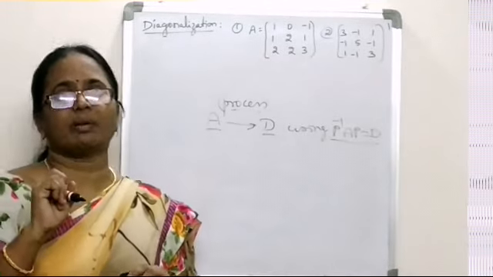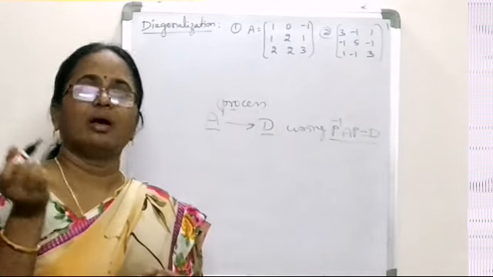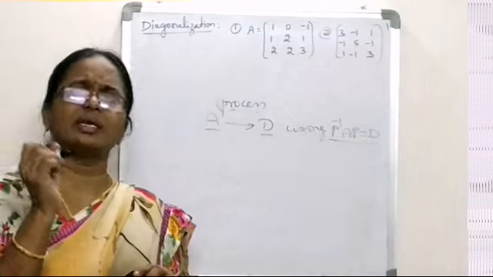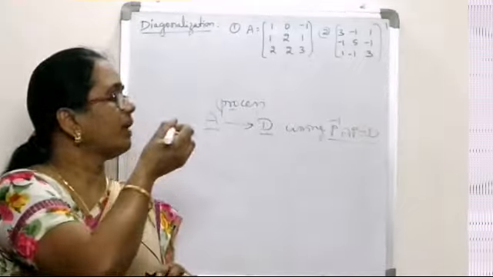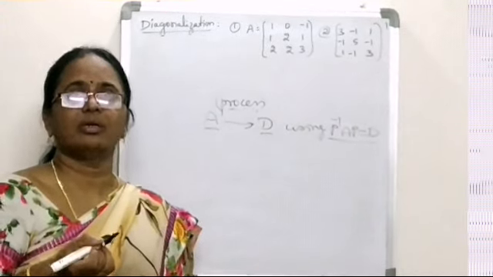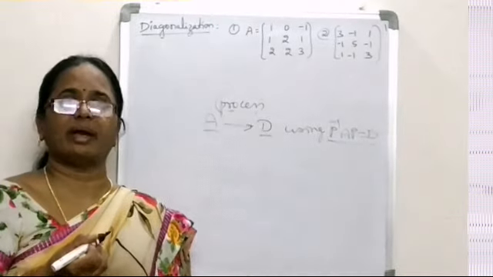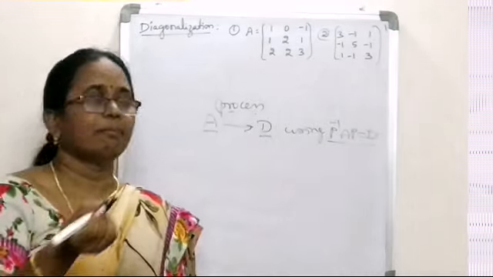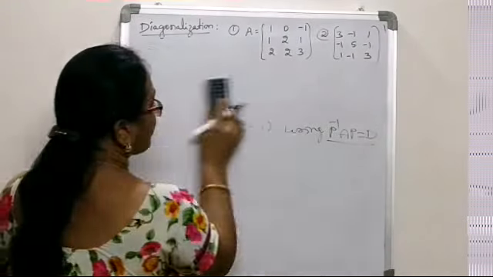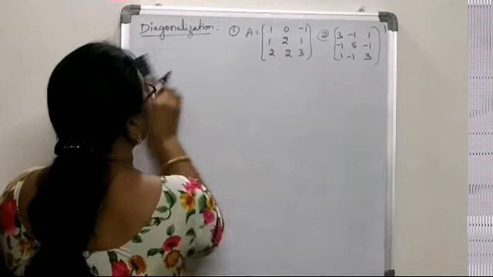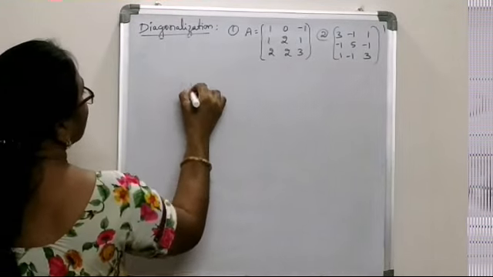We have one important application of this process. As we said in the case of the Cayley-Hamilton theorem, which lets us easily determine both powers and inverse, diagonalization has a similar application. Using it, it is easier to determine the powers of matrices, so we can determine A power n by the process of diagonalization. I will explain the process now, and later we can take problems on power calculation.